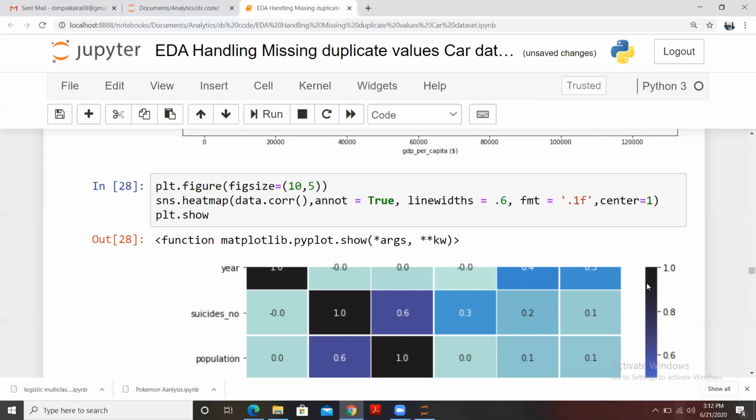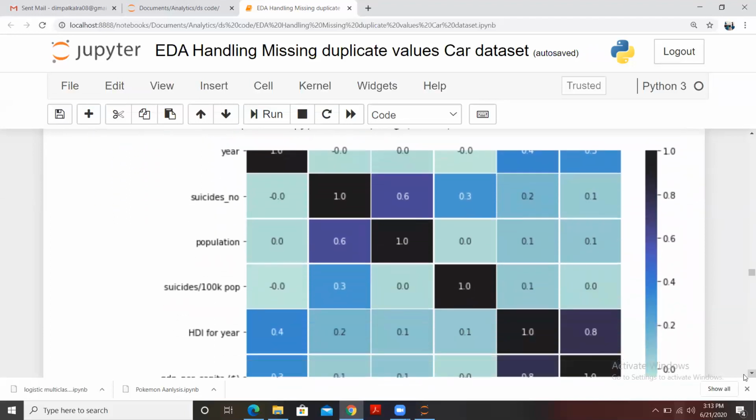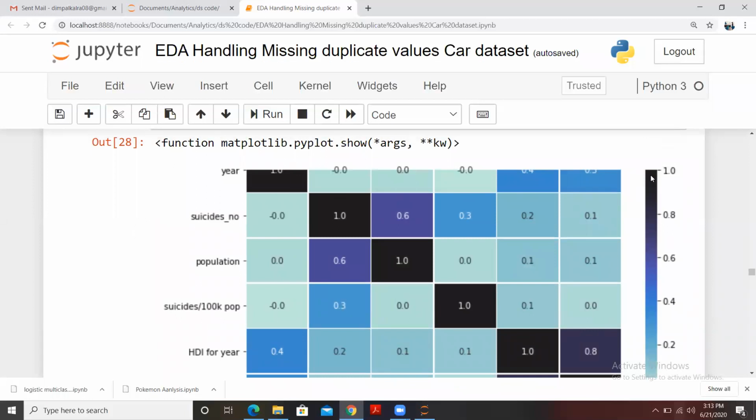So instead of using the simple correlation function, it is better to use the heatmap if we have many variables in a particular data frame, because the color helps us pick out the most correlated easily. You can see that the black one is the darkest color, which is in the 1 range. That is the perfect correlation. It starts from 0. 0 means no correlation, and 1 is perfect correlation.